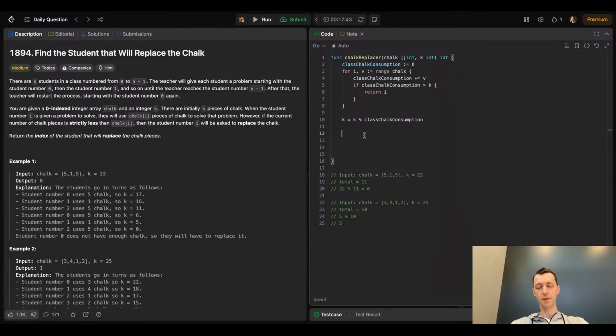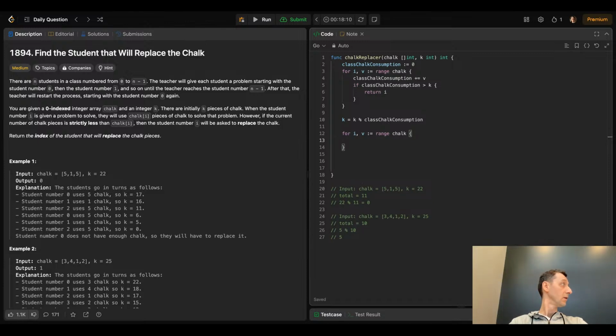So we now have the remainder of k, and we need to know where in range, how to spell range, where in that process you will have